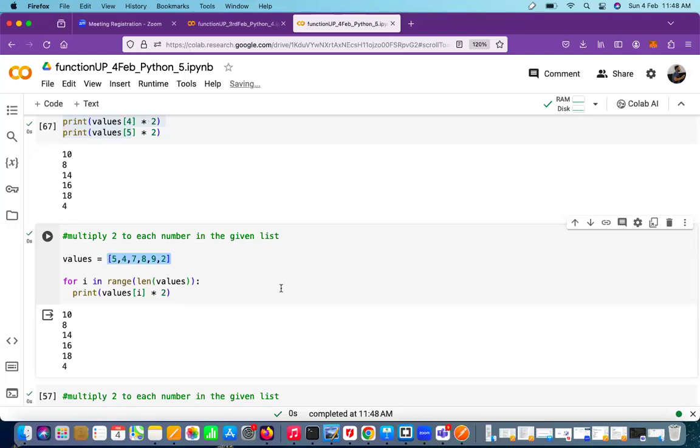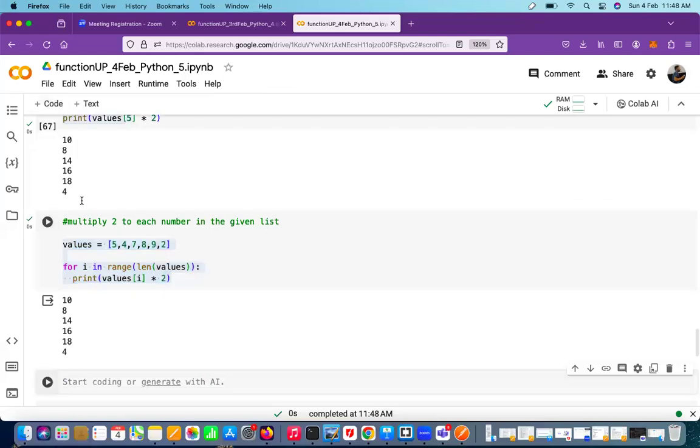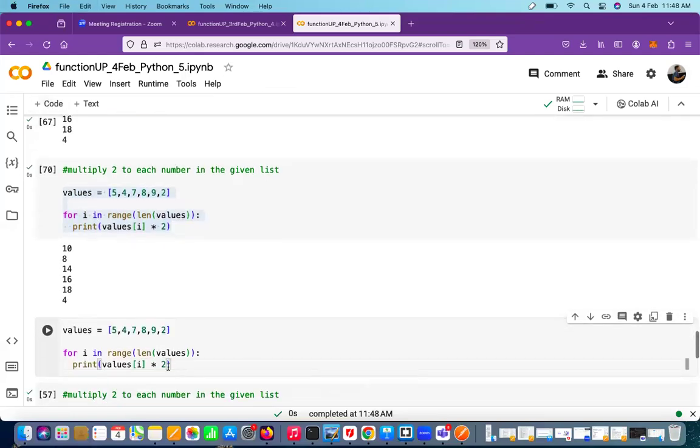So when you are running a loop on an iterable, it can be a list, a tuple, a dictionary, any iterable. Understood, Abdul? How to print that horizontally? I'll tell you, there is a way of doing that. You can use over here